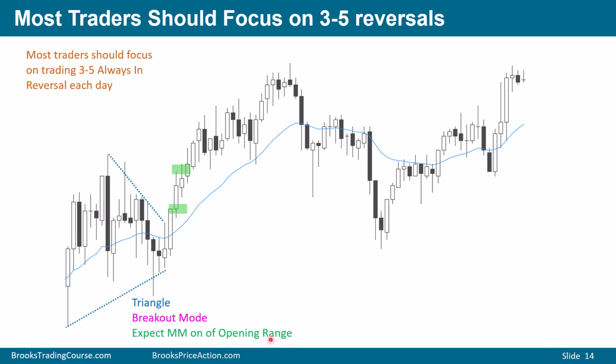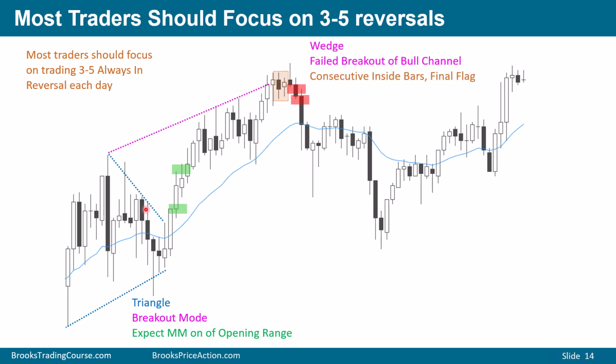We have a triangle, breakout mode. Bulls buy the close, breaking above the moving average. They buy this close, and they hold. Where do they get out? They get out when they have a credible 3 pushes up. 1, 2, 3. So we have a wedge, bull breakout, failed bull breakout at the top of the channel, reversal down. Bears, they'll start selling. Bulls, they'll start exiting. And the bears that are selling, betting on a second leg, where do they get out?